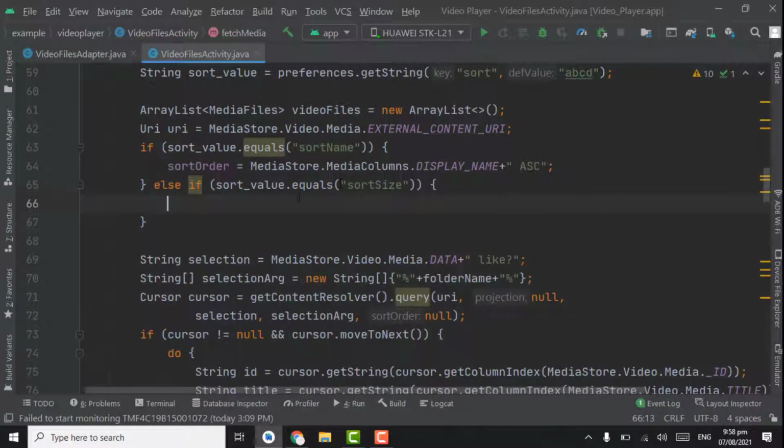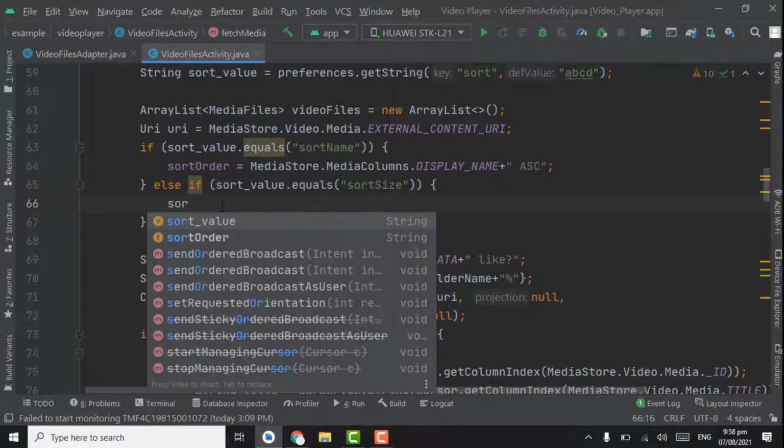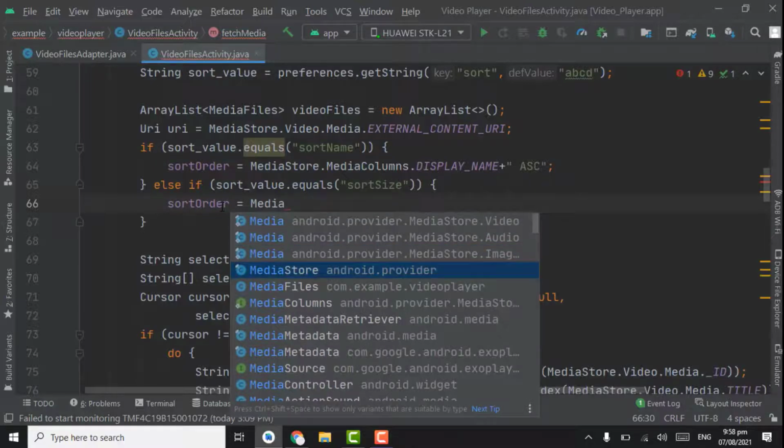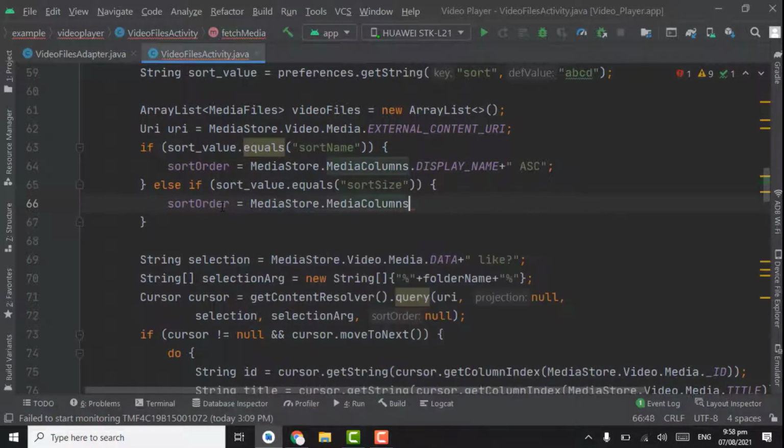If the user selects the second option, according to size, then we will sort the video items using MediaStore.MediaColumns.SIZE plus in double quotes space DESC, which stands for descending.